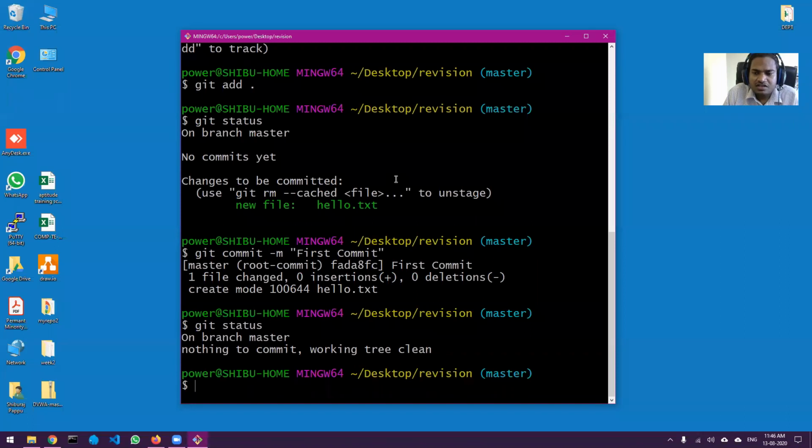Now checkout does not actually go back. It actually goes back, but not in that sense. It just shifts your head to that particular state. So basically everything is there as it is. It's like you are browsing your history. So you're going back in history and finding out what all changes are there. So that is basically git checkout. Now git reset and git revert, these are the two things which we use to go back a step.